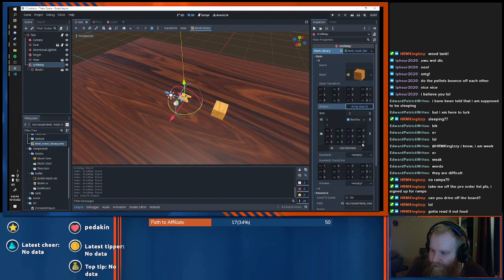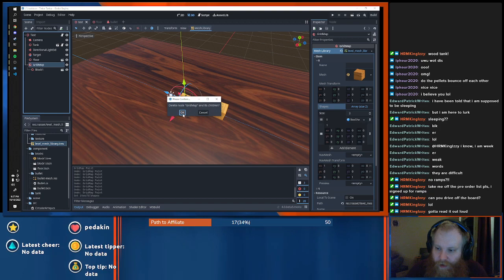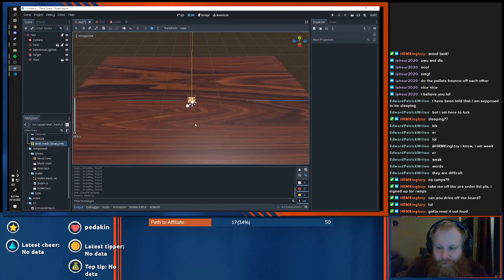God, this just... Are the shapes collision shapes? Grid map, mesh library scene, mesh navigation. I don't know if I want to mess with this. Yeah, I'm not actually going to use the grid map. It was a good thought. So,